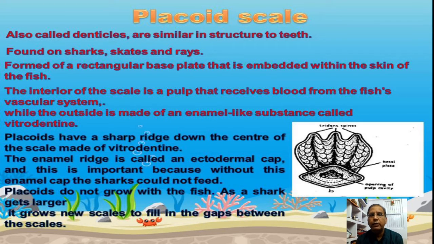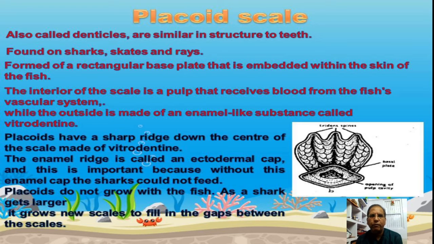Placoid scale is also called a denticle, which is similar to teeth. It is found in the Elasmobranchii, in sharks, skates and rays. It is formed of a rectangular base plate that is embedded within the skin of the fish, just like a peg that is present in the ganoid scales. Now here, the rectangular base plate is embedded in the skin of the fish. Interior of the scale is a pulp